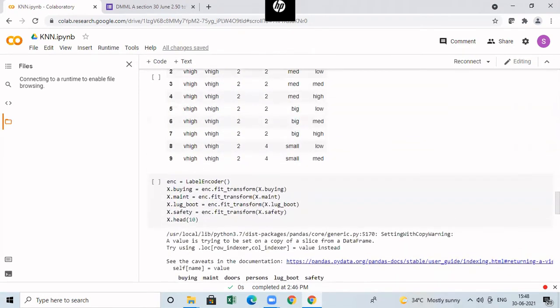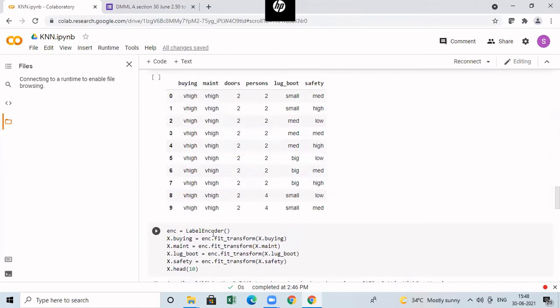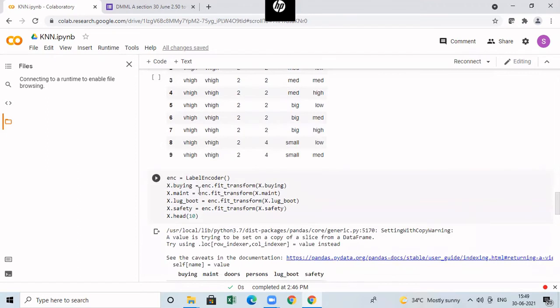Okay, so now after that, I'm going to do something called label encoding. If you consider the columns buying, maintenance, and then lug boot, then safety, they have strings as their values. Machine learning algorithms need integers or otherwise real values. They need only numeric data as a value. So you have to convert strings into numeric data. For that, you can go for label encoding. So first, I'm creating an object for the label encoder. Let the object name be ENC.